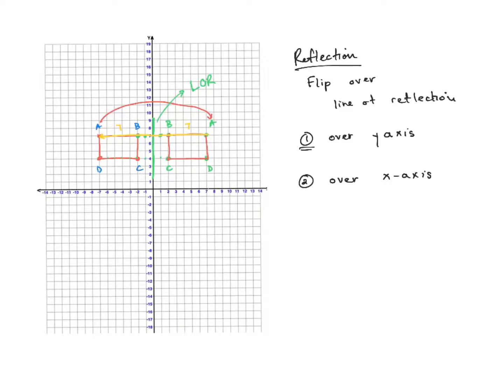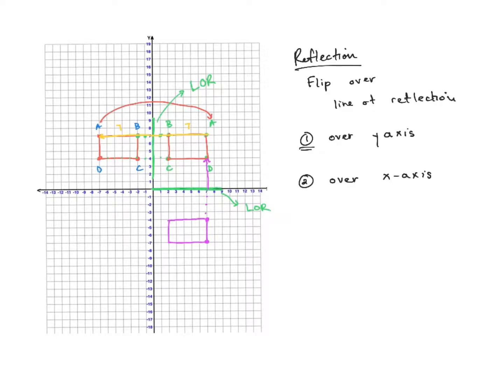line of reflection. Now moving forward, let's look at my x-axis being my line of reflection here. So now this is my LOR, my line of reflection. And it's the same premise. My letter D is about 4 units above the x-axis, so I want to go about 4 units below. And same thing with A. A is about 7 up, so I want to go about 7 down. And then I can recreate my shape,